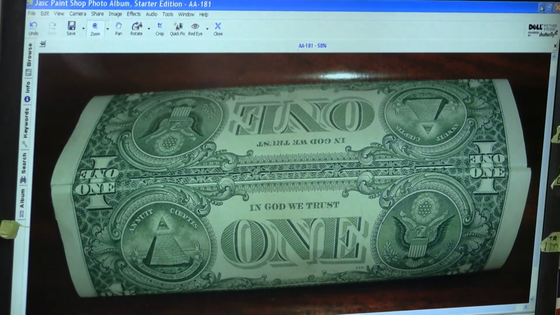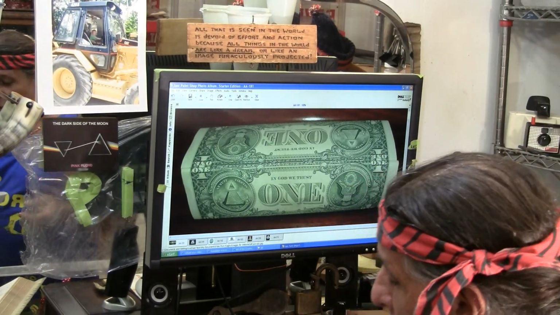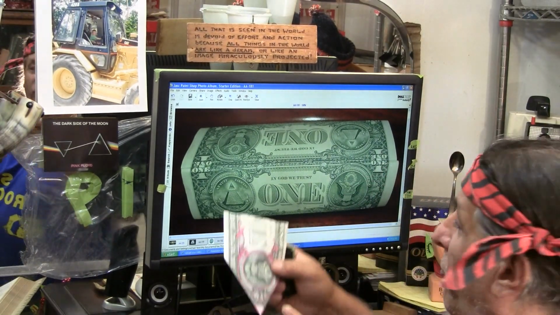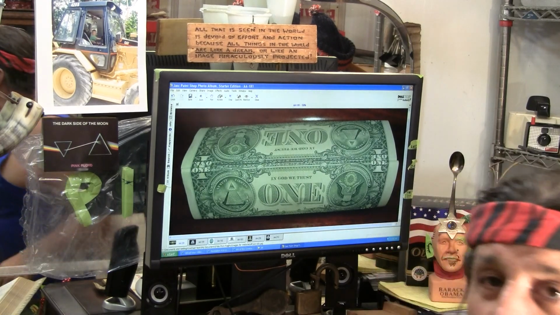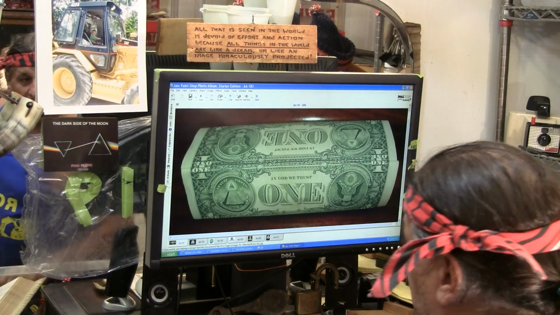There is a set of eyes looking that way. No matter how you turn the end of the $1 bill, there is a set of eyes that covers the ends of the $1 bill. And here it is before I show